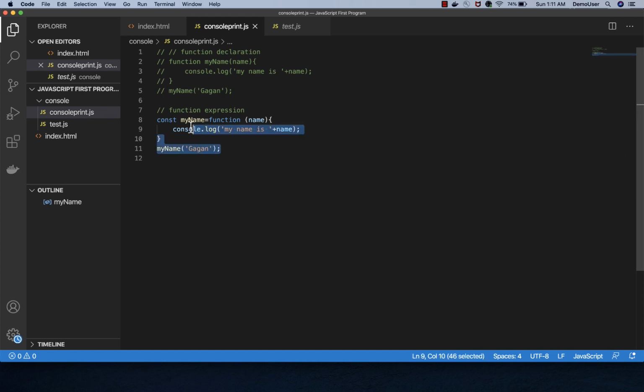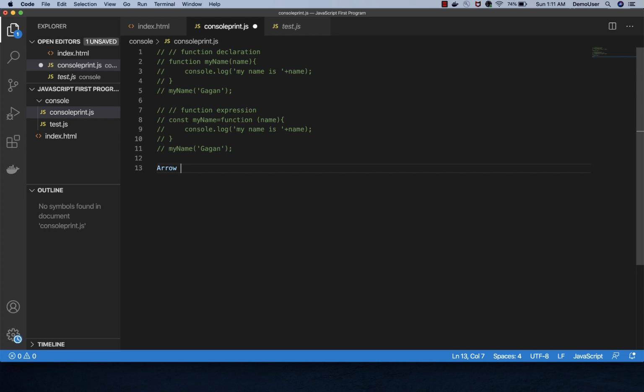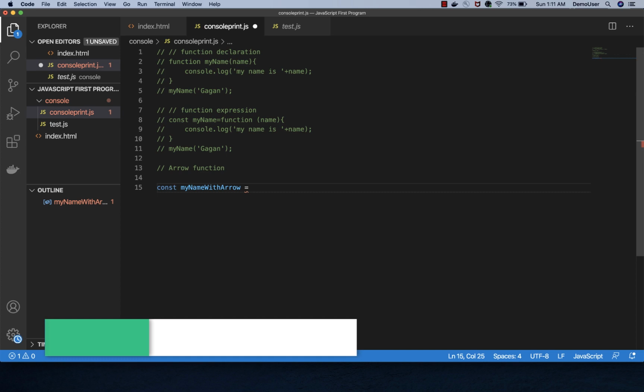Now let's talk about arrow function. I will again comment this and we talk about arrow function. So arrow function is again something similar, but it has some new things to add in this. So I will say a new variable which says my name with arrow, let's say, and I have to give the parameter name here.